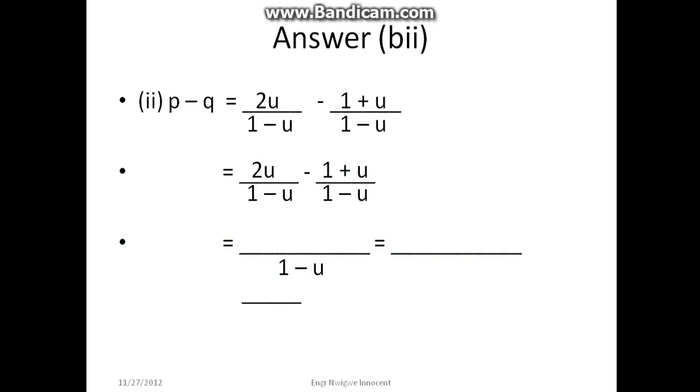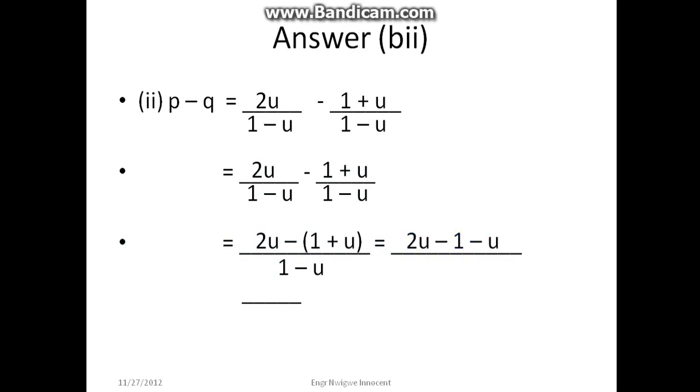Then we now have 1 minus u divided by 1 minus u is 1. 1 times 2u is 2u, minus 1 minus u divided by 1 minus u is 1. 1 times 1 plus u, minus 1 plus u is equal to minus in bracket 1 plus u, which is equal to,